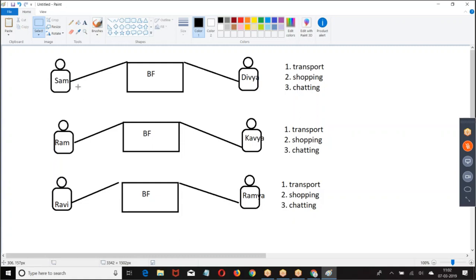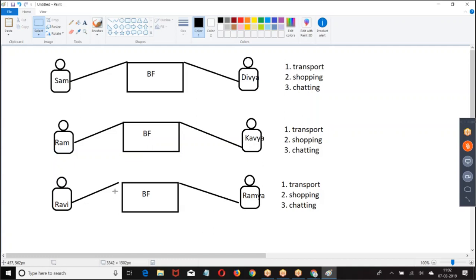Take shopping. Let us say Shyam has taken her to Inorbit Mall for shopping. Ram has booked everything on Amazon. Ravi gave a credit card and told her to do whatever she wants. Now in all the 3 cases, what are they providing? Service of shopping. But how are you providing? Depends upon the customer. But what is a must?